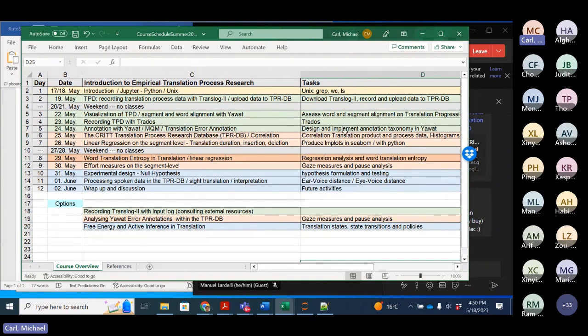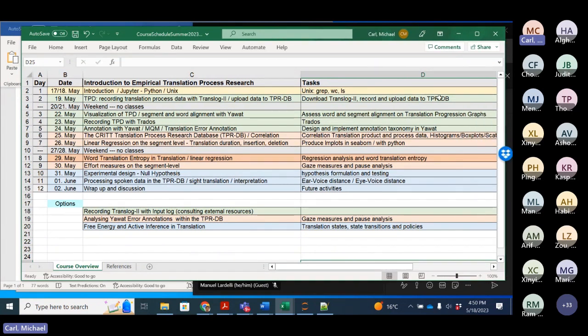And as I have already mentioned, when you upload the data to this TPR-DB, it will already semi-automatically process the data and put it into a number of tables that we will look into quite extensively in this session, where you can look into the data from different angles.